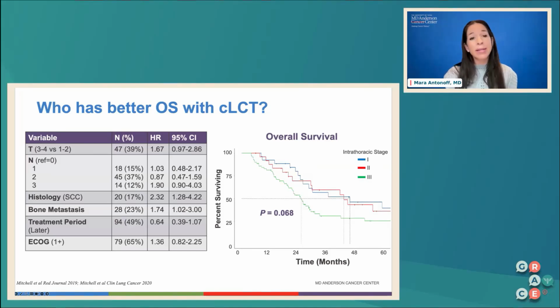But I want to point out this was more of a historic group of patients who, number one, were older than many of the advanced cancer patients that we see today. And number two, very, very few of them, to our knowledge at the time of their treatment, had targetable alterations that we could treat with a targeted therapy.